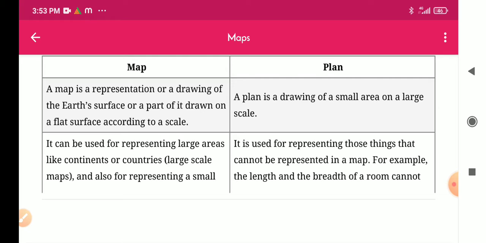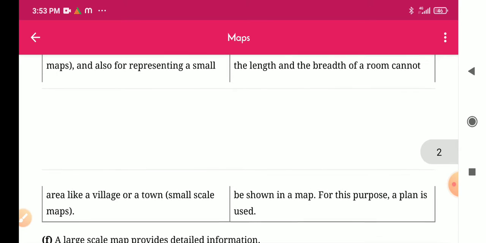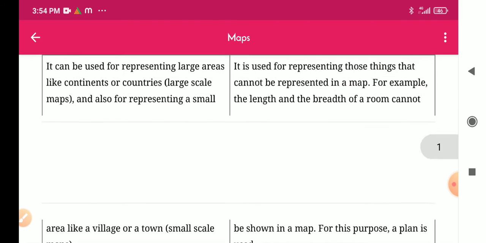Second, it can be used for representing large areas like continents or countries, large scale maps, and also for representing a small area like a village or a town, small scale maps.